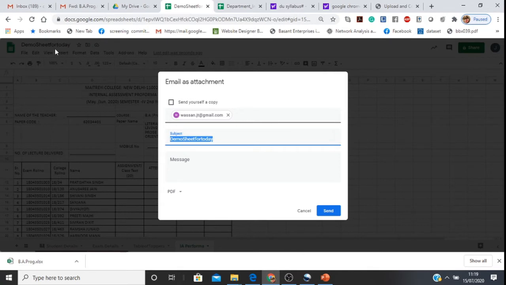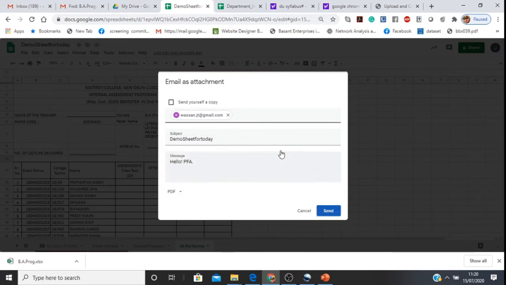I created the sheet in this demonstration, and you can type in any message here, like hello, please find attached. Then you can select whether you want to send it as a PDF, that is a printable document format, or you want to send it as a spreadsheet, either in OpenOffice or Microsoft Excel. So here I'm considering a PDF for demonstration purposes and say send.